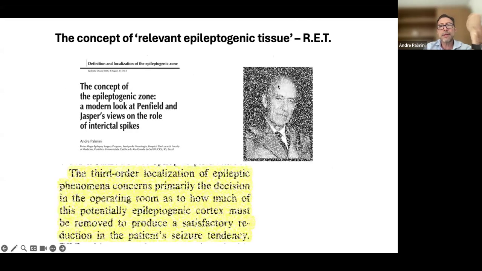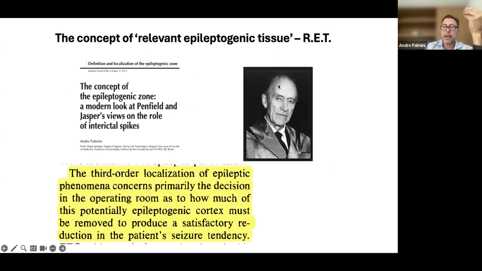And I would like to start with a concept that is a Montreal concept from Theodore Rasmussen, which is the concept of the relevant epileptogenic tissue. I had the chance to review all this literature in a paper published almost 20 years ago in Epileptic Disorders. But I quote verbatim from one of Dr. Rasmussen's papers: third-order localization of epileptic phenomena concerns primarily the decision in the operating room as to how much of this potentially, what I call relevant epileptogenic cortex, must be removed to produce a satisfactory reduction in the patient's seizure